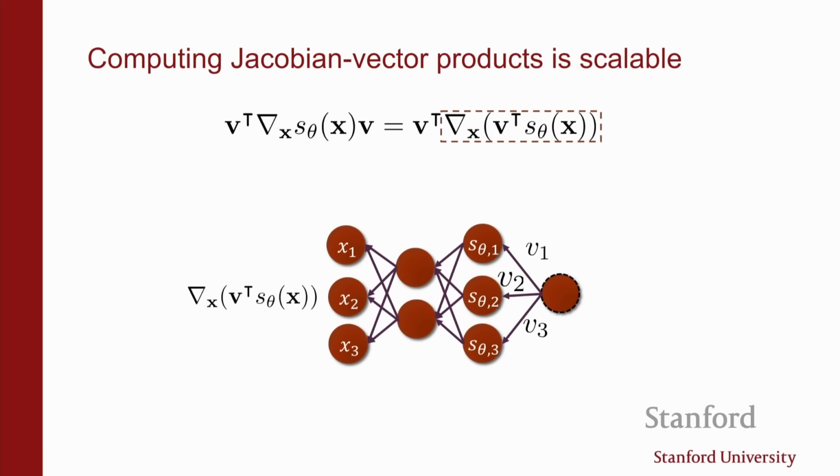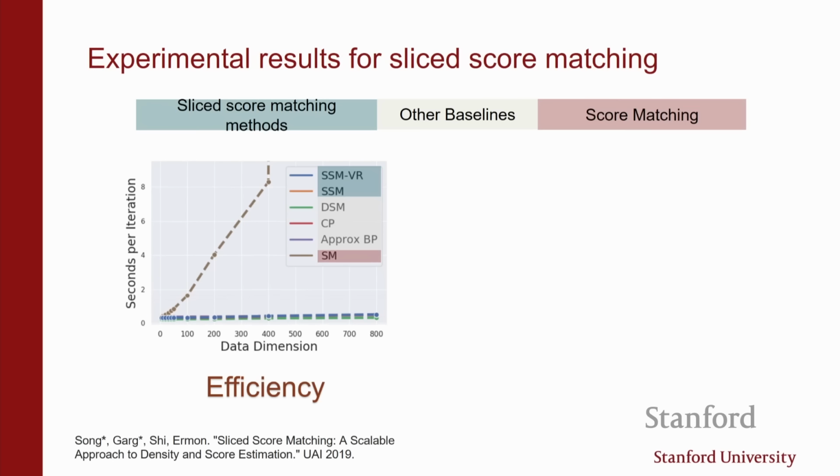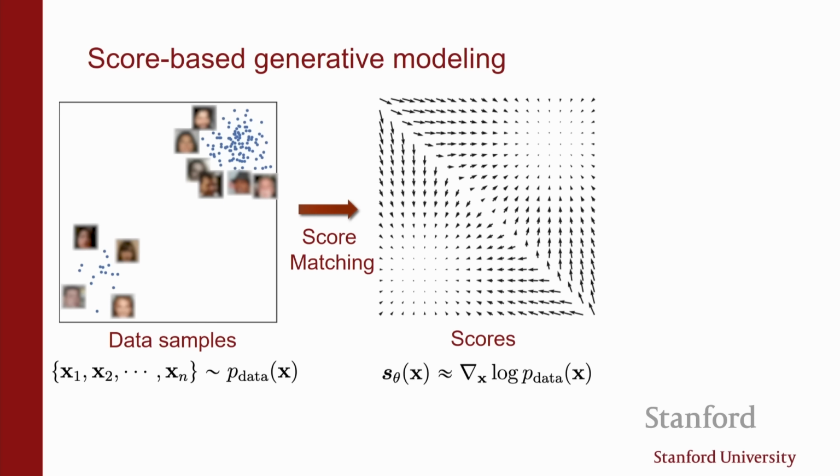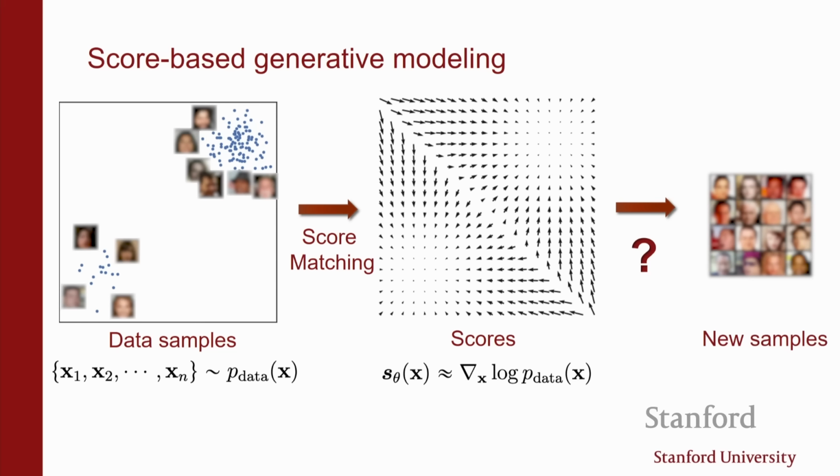Cool. So the thing I wanted to talk about is how to do sampling. Let's say that somehow you've used vanilla score matching or denoising score matching or sliced score matching, and you are able to train your neural network so that the estimated vector field of gradients is close to the true vector field of gradients of the data density. The question is, how do you use this, right? You no longer have access to a likelihood, there is no autoregressive generation. How do you generate samples?